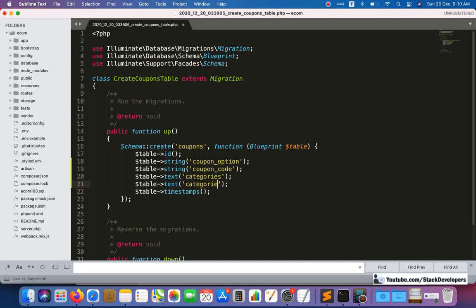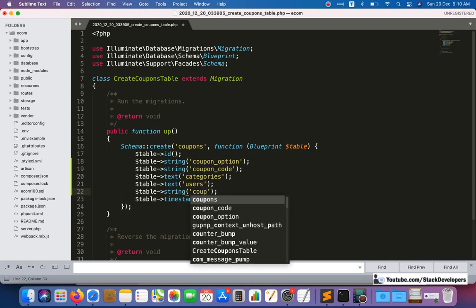And now we will add the users. Here we will add the users' emails. Anytime you want to give a specific coupon to a specific user, you just need to enter his user email. Okay, so after that there will be the coupon type. Again we will just use a string for coupon type.